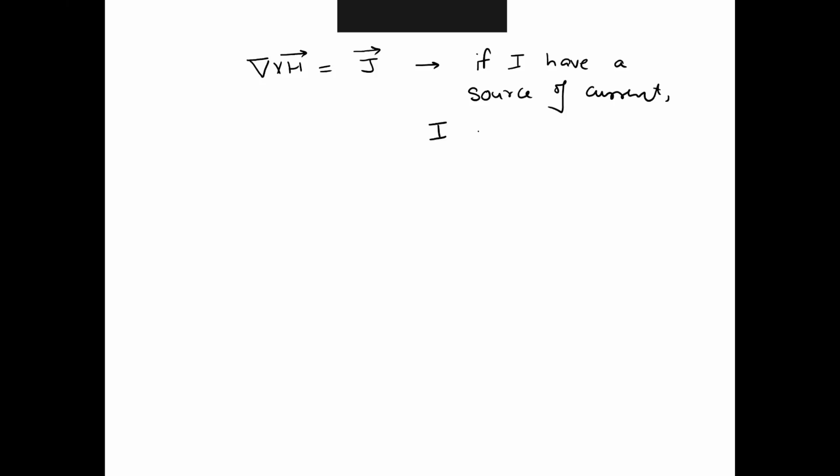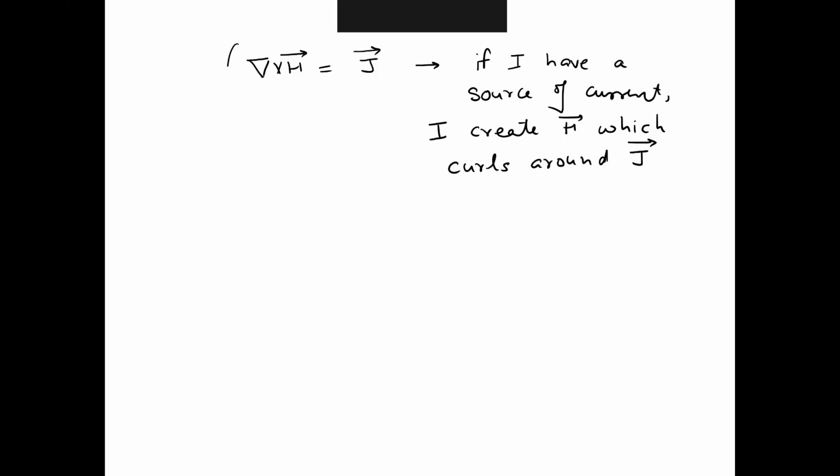If I take the law del cross H is equal to J, this is your Ampere's law, which basically is saying that if I have a source of current J, I create H around J. If I have a source of current, the magnetic field curls around it. Plus,